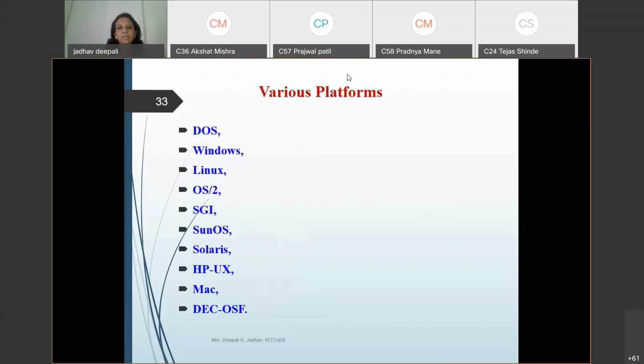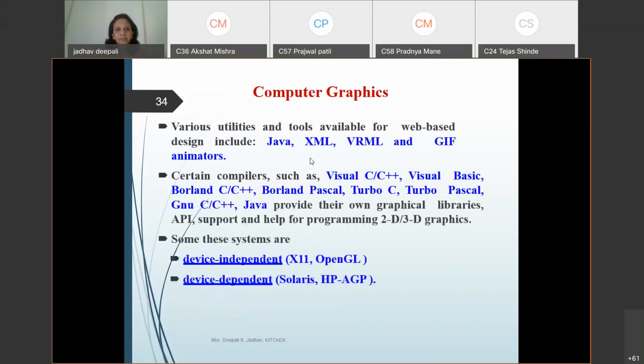Various platforms on which these packages work: DOS, Windows, Linux, OS/2, SGI, SunOS, CentOS, Solaris, HPUX, Mac, and NeXTOS. We are not using all of them. Normally we are using DOS, Windows, Linux, etc. Ubuntu we are using. In our laboratory we use CentOS, etc. Various utilities and tools are available for generating applications. Only a package is not sufficient.